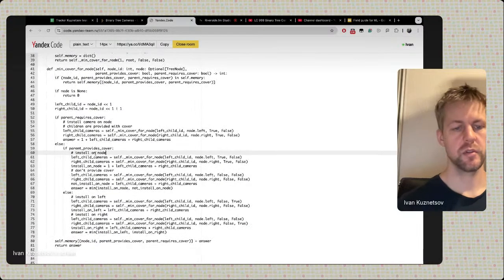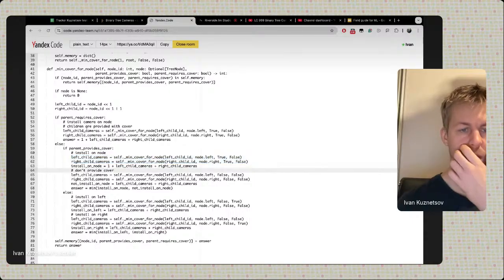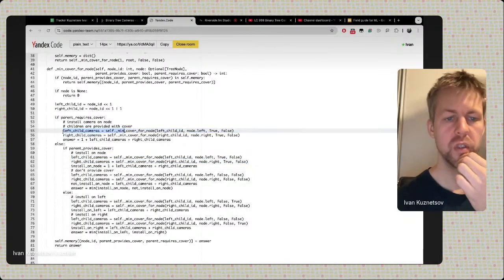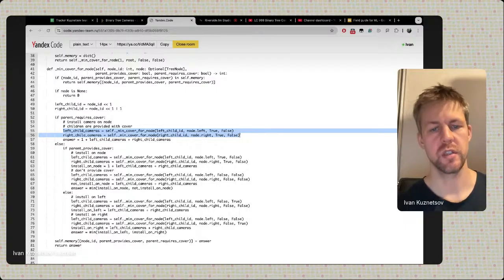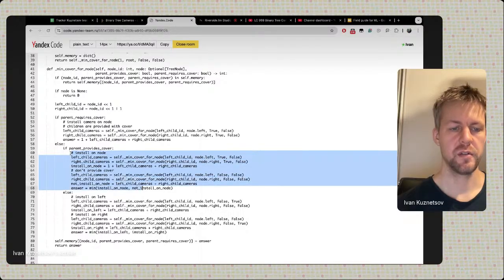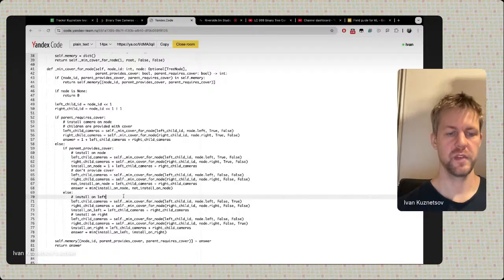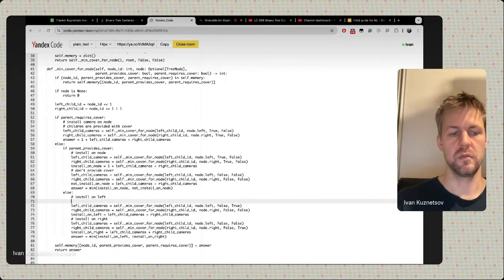Okay, so install a node. If we are installing a node, then we are fine, right? Installing camera on node, we don't need to worry about this child or this child. So parent provides cover, doesn't have to install. It will just return zeros. Okay, so then if parent provides cover, then again here for children, if parent provides cover, we don't have to install camera anywhere. But here, install on left, we have to